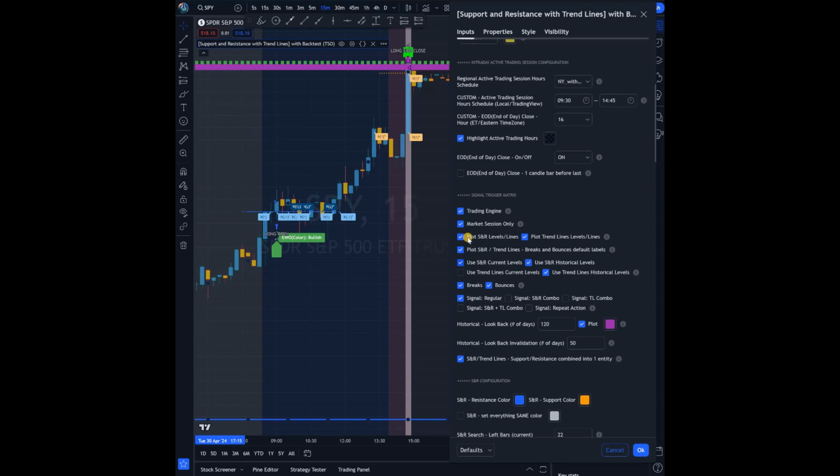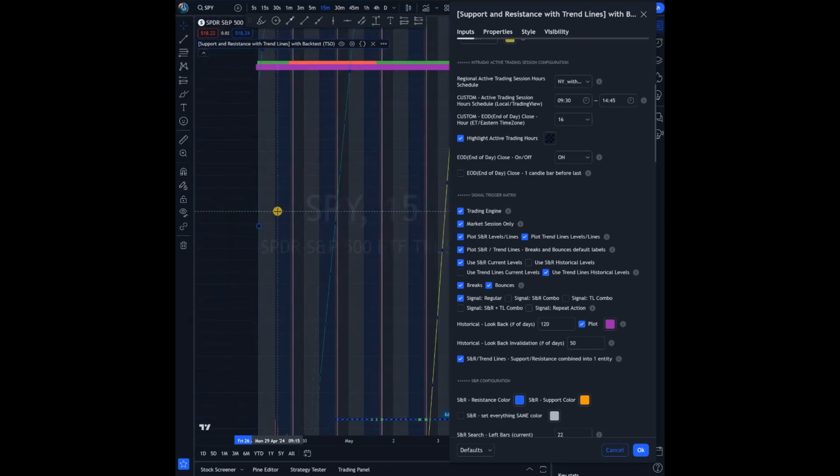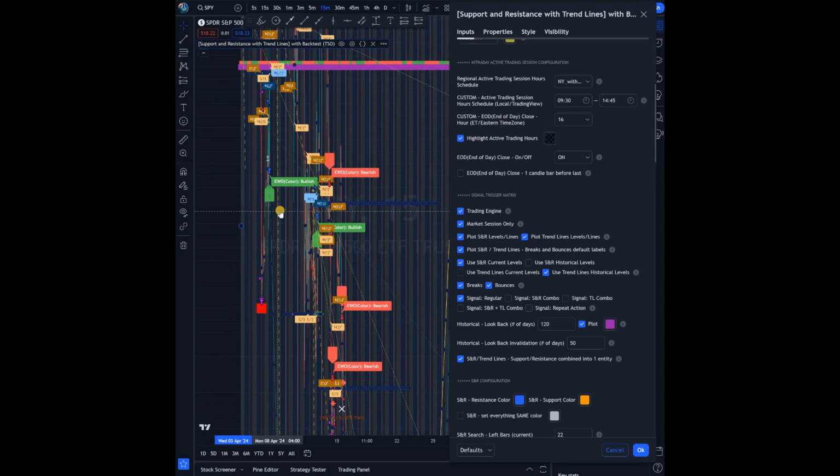And this is use. Here it says plot, and here it says use. So use current support resistance, use historical levels, same way use trend lines, current levels, and historical levels. So in here, for example, this is a historical support resistance. If we turn this off, there'll be no trade here, as it's using this support. This resistance comes from,